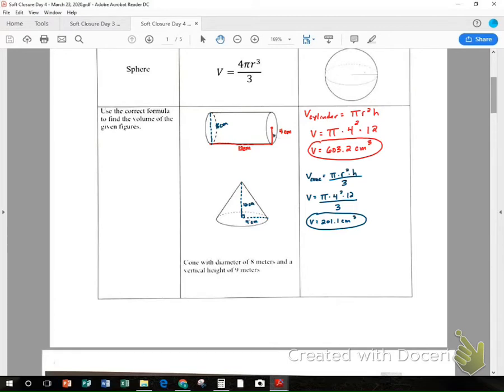This last one, just give you some words. So let's see if we can do this, and we'll actually kind of draw a picture. And we'll do the picture over on the left and the work on the right. It says, find the volume of a cone with a diameter of 8 meters and a vertical height of 9 meters. So a cone,